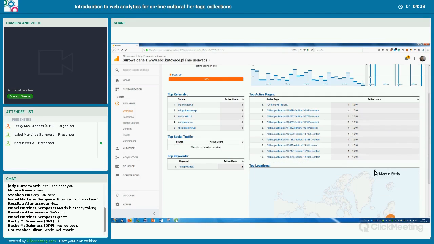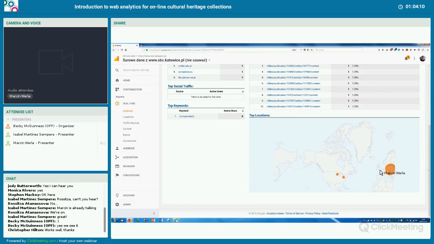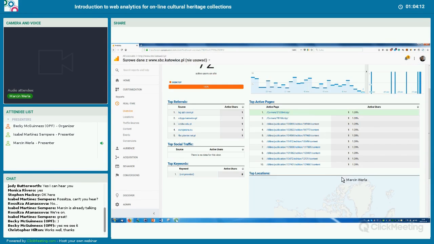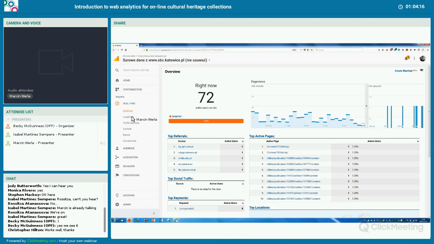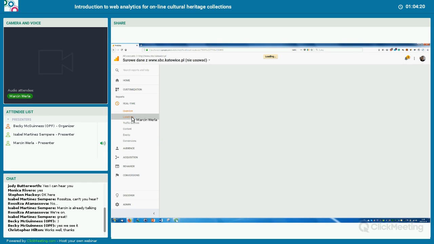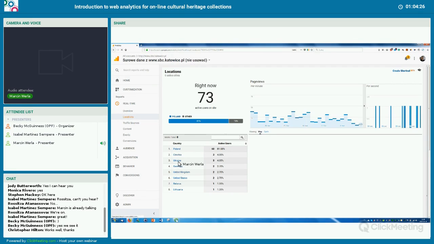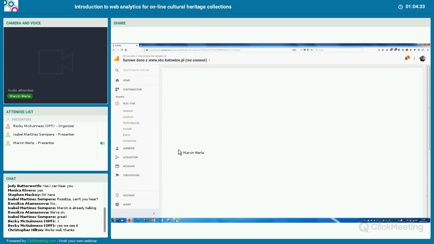You can see the locations. Obviously, most is Poland, but we have some visits from the States as well in the recent period. And we can go into details, for example, locations. So now it is divided by country, and for example, zoom in on Poland,